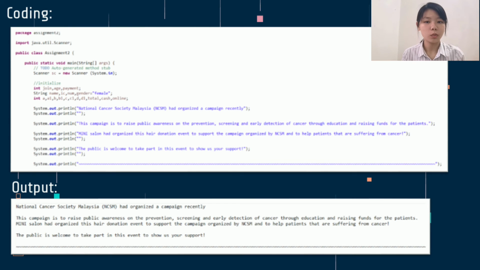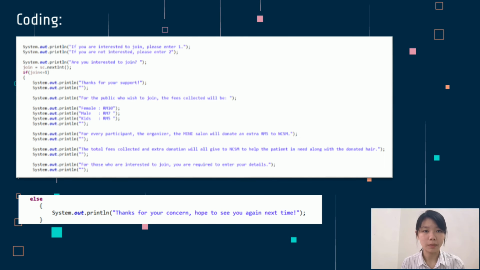The system starts with the import of scanner and also the introduction of this event by explaining the aim of this event. The public is welcome and encouraged to take part to show their support. Next, the system will ask the public whether they are interested to join this event. If they do, they have to enter 1, or else they have to enter 2. If they enter 1, the system will print out the details of fees listing in this event. If they enter 2, the system will print out "Thanks for your concern, hope to see you again next time"